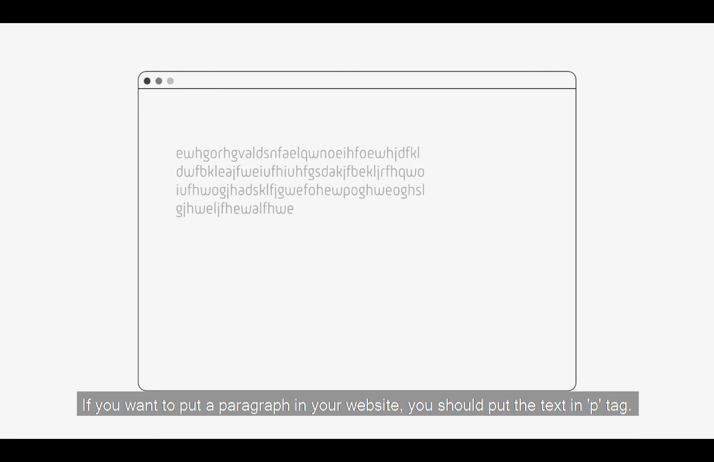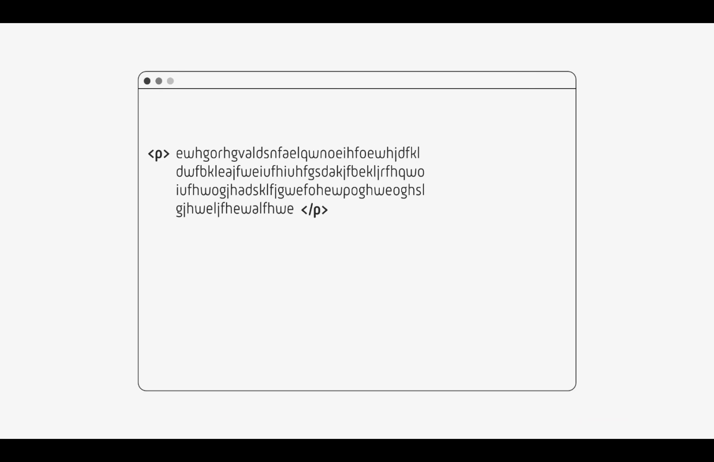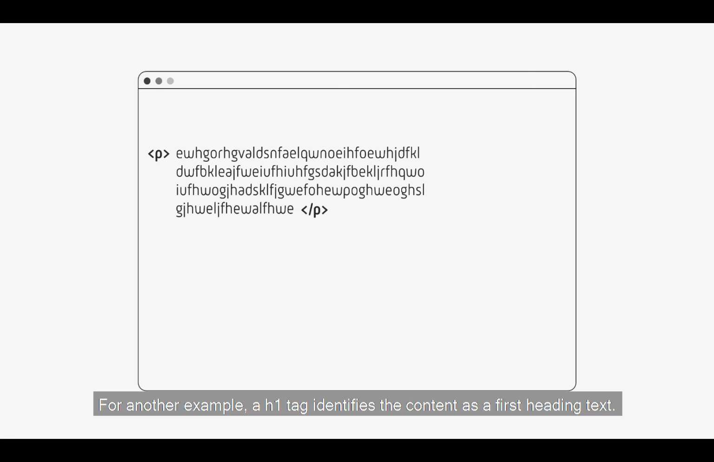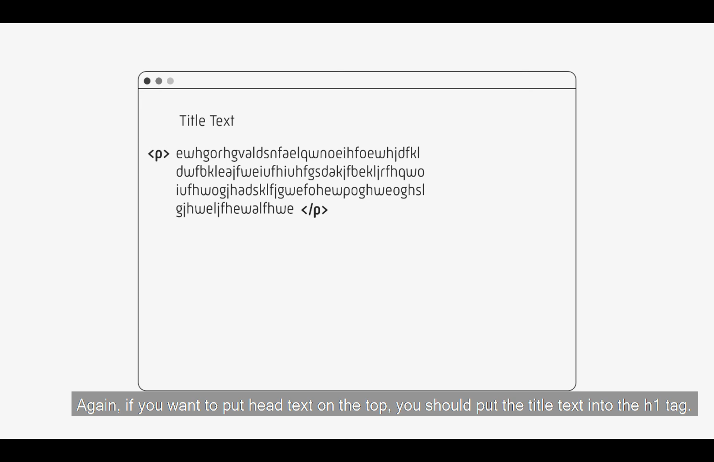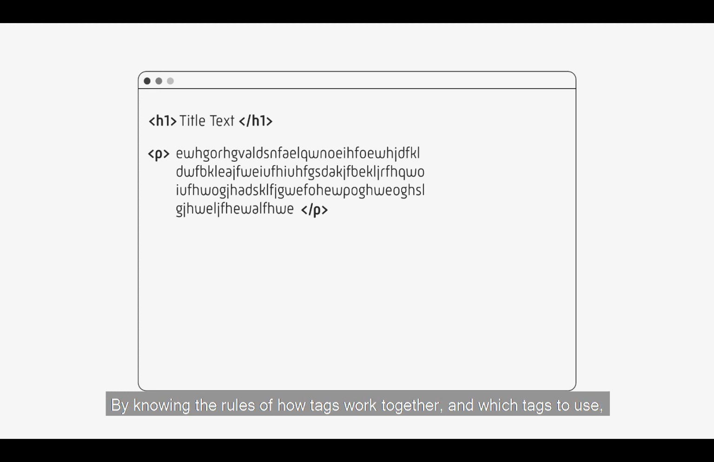For example, a p tag identifies the content as a paragraph. If you want to put a paragraph in your website, you should put the text in a p tag. For another example, an h1 tag identifies the content as first heading text. Again, if you want to put header text on the top, you should put the title text into the h1 tag. By knowing the rules of how tags work together and which tags to use, it's really simple to author